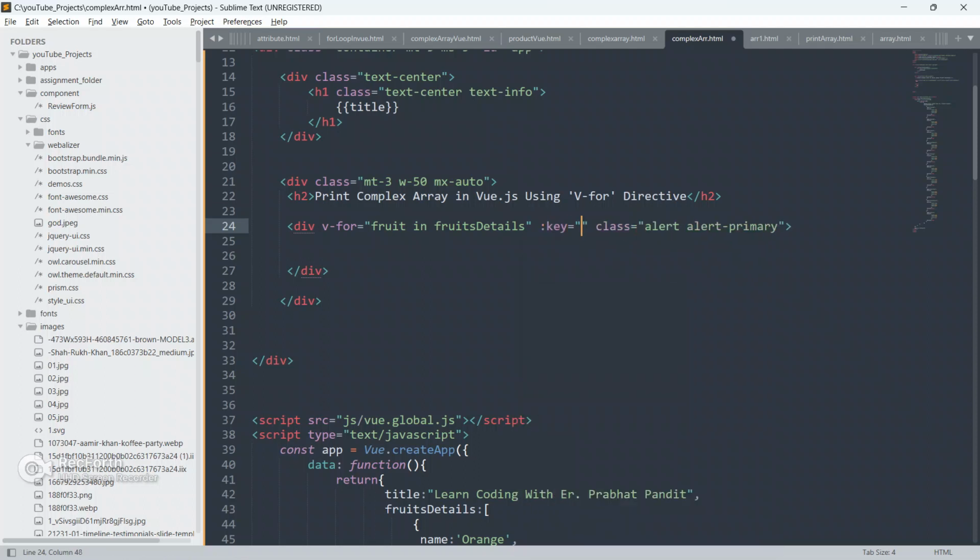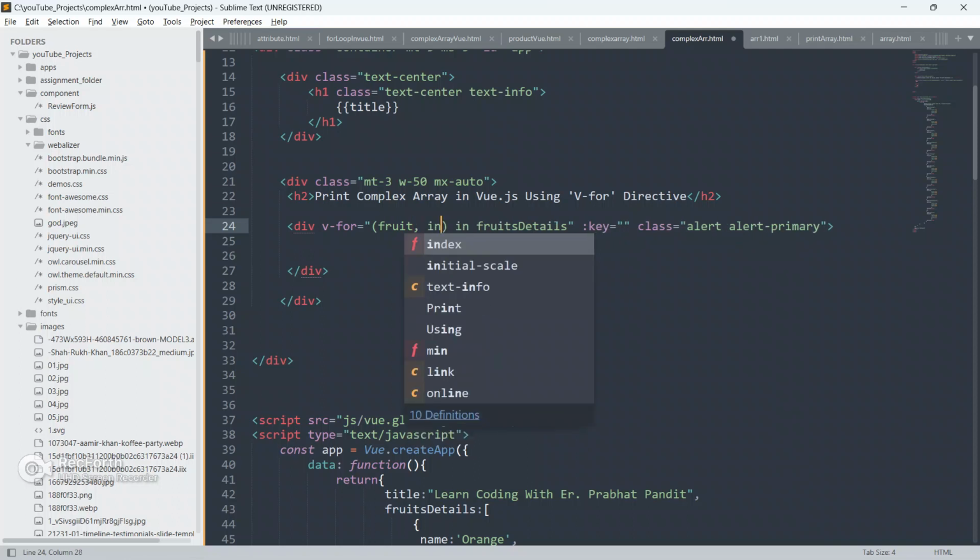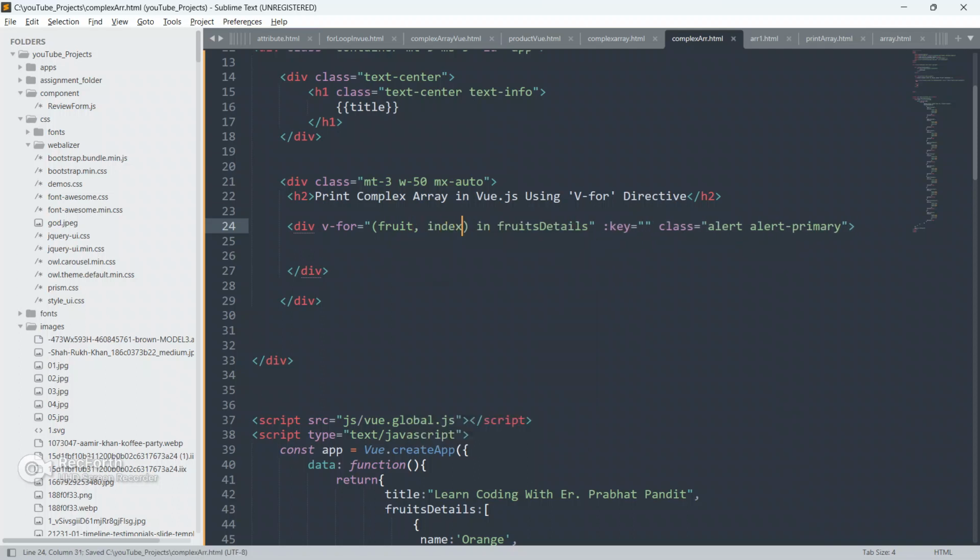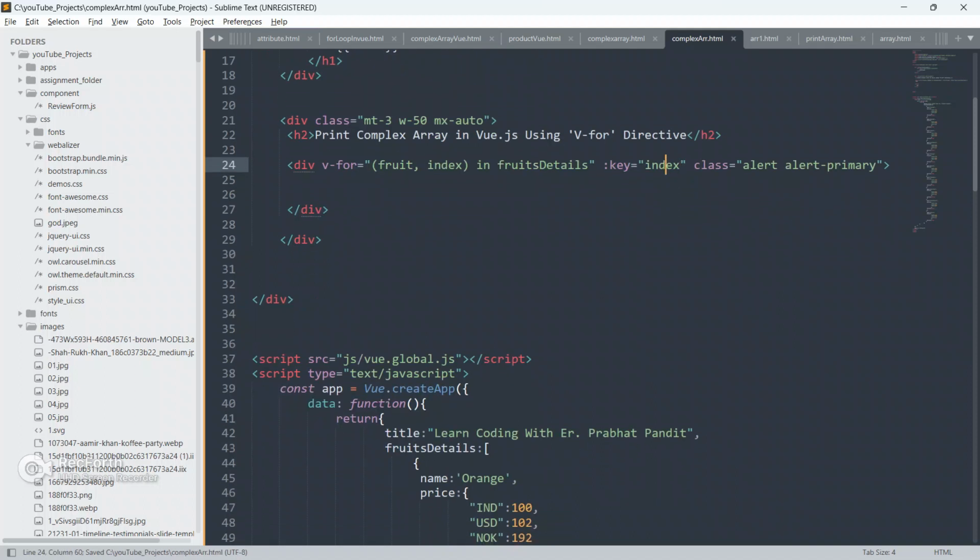So now we can also print key here, give colon key equal to double quotes, and as you all know guys, I've explained in my previous video, we can also print here index. So now we are gonna copy this index and paste it here in the key.